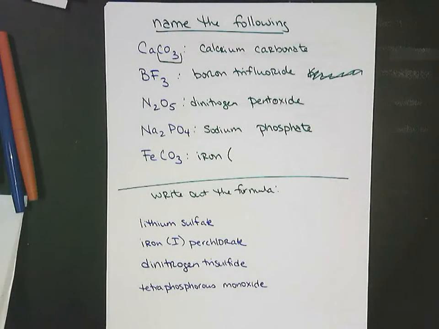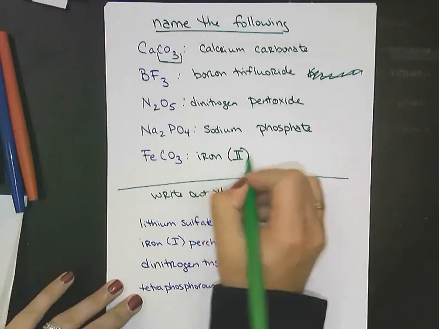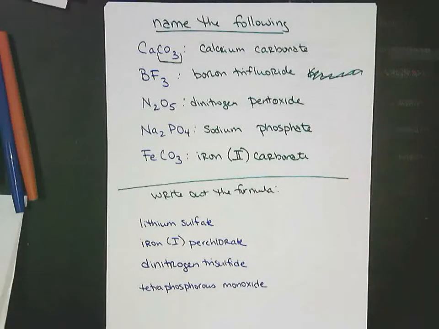How do you know it's 2? Carbonate's always -2, so iron has to be +2. You could call it ferric. The IUPAC naming just calls it iron. So, yeah. Okay, and then for the next one we're writing down,